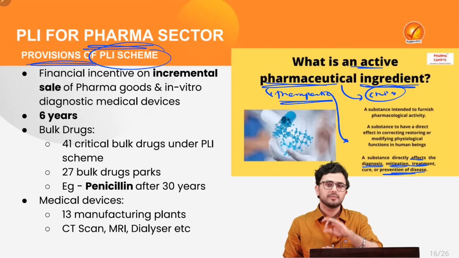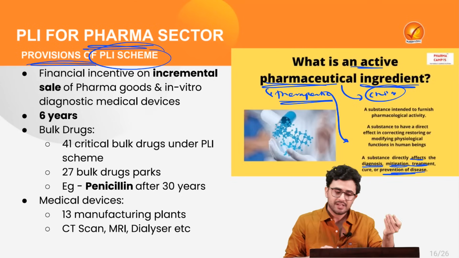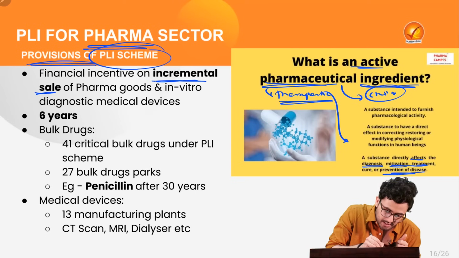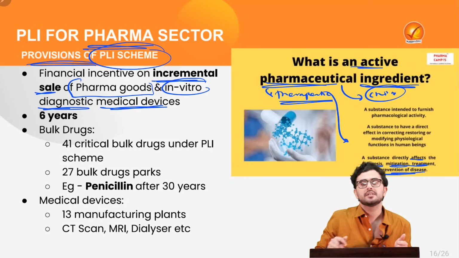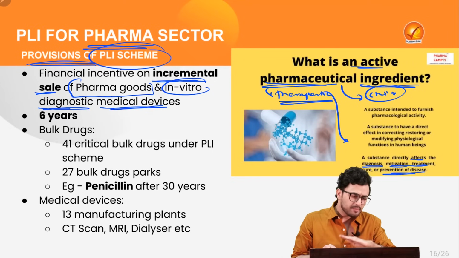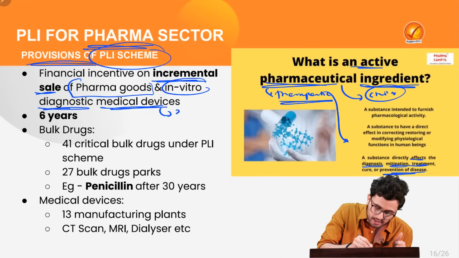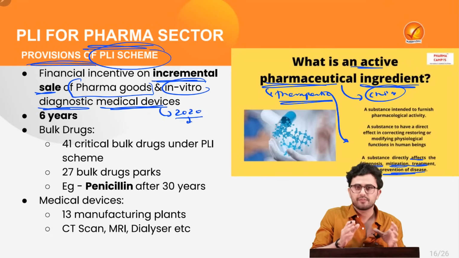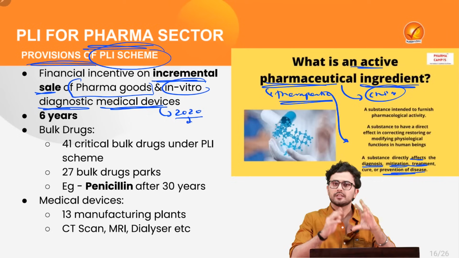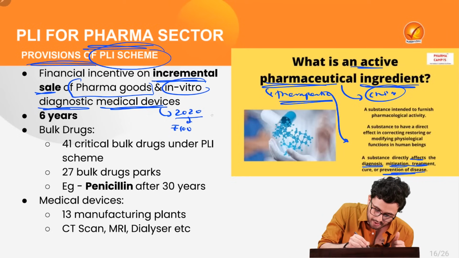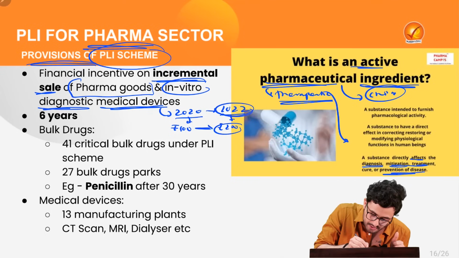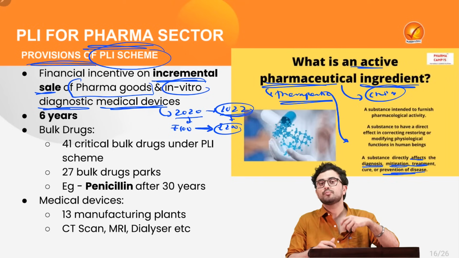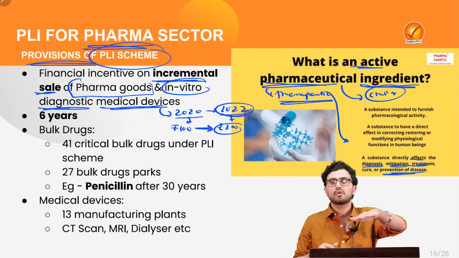Under this PLI scheme, the government is going to provide financial incentive on incremental sale of pharma goods and in vitro diagnostic medical devices. Incremental sale means that, let's say, in the year 2020, if we consider it as the base year, the sale was, let's say, 100 rupees and it increased to, let's say, 200 rupees in 2022. So for this increase in sale, the government is going to provide incentive for all the cost which you incurred